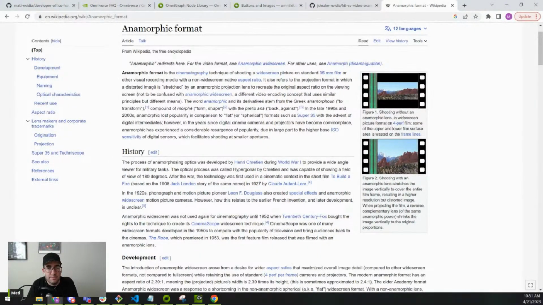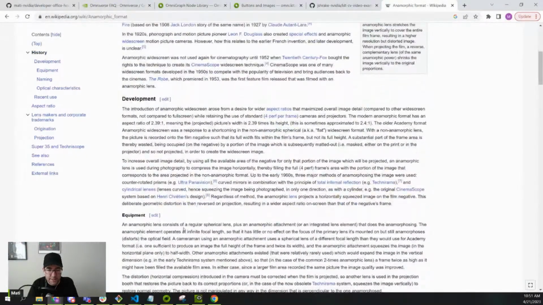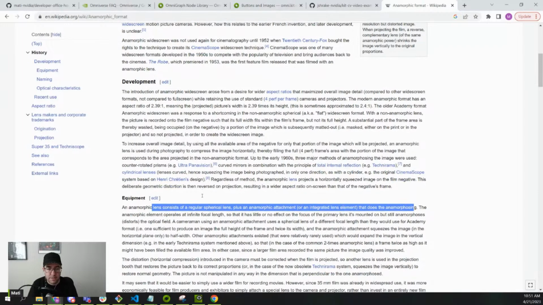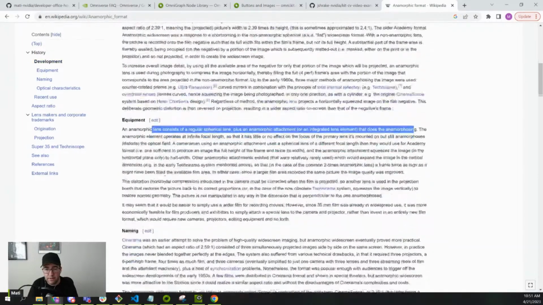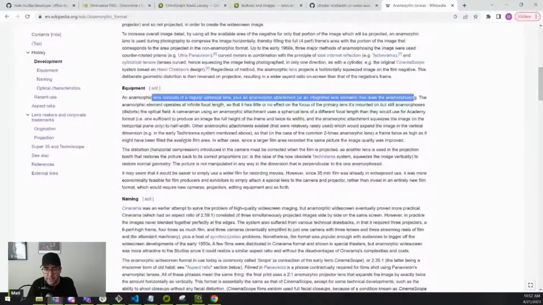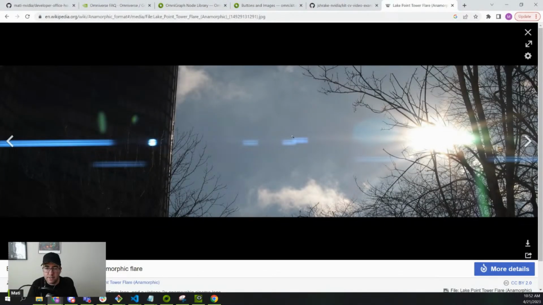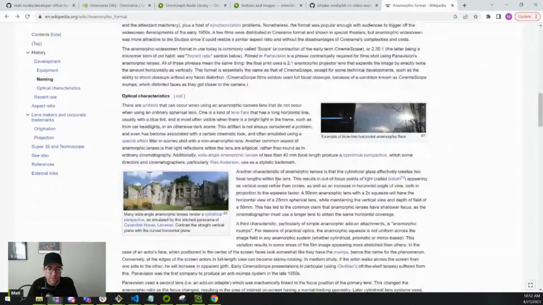So I believe, and Funky Boy can correct me if I'm wrong, the lens or the film back is so there's a spherical lens plus an anamorphic attachment, but basically the view is stretched in one way or another, width or height. So that's what's happening with the lights and the lens flares. Instead of having spherical flares, they're stretched. So that's what Funky Boy